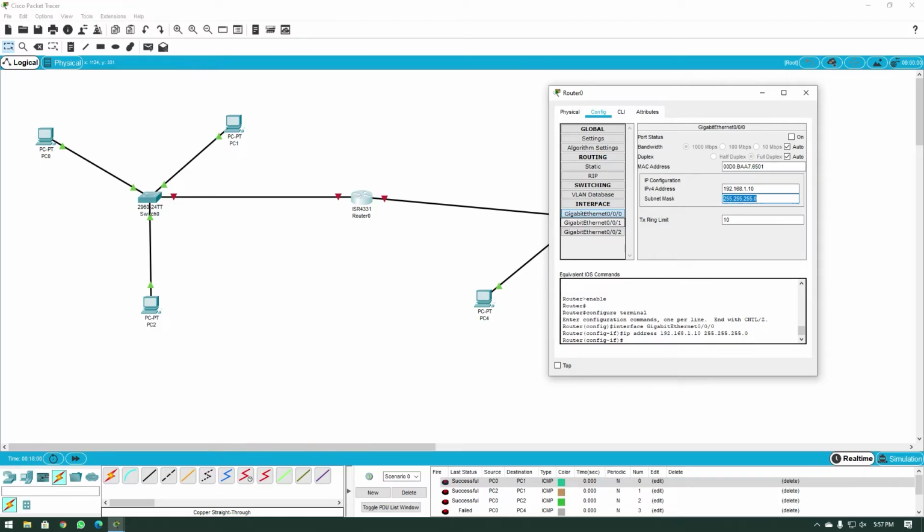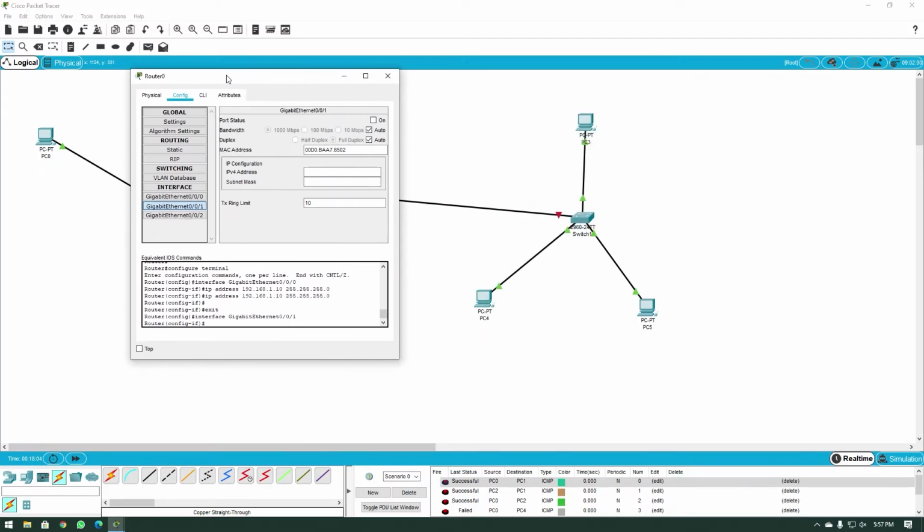Then we go to Gigabit Ethernet 0/0/1, and that interface was connected to this network over here. And this network's network part is 10.0.0.0, and these PCs had an address of 10.1.1 something. So I'm just going to follow the same pattern and give this router an address of 10.1.1.10. Now this could be 10.2 something, whatever, it does not matter.